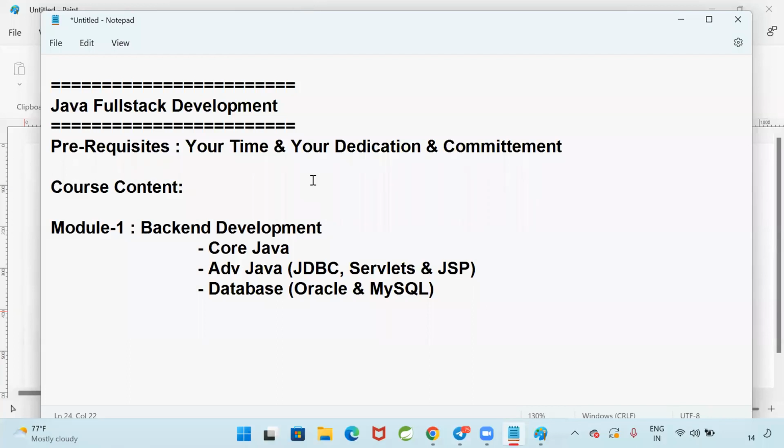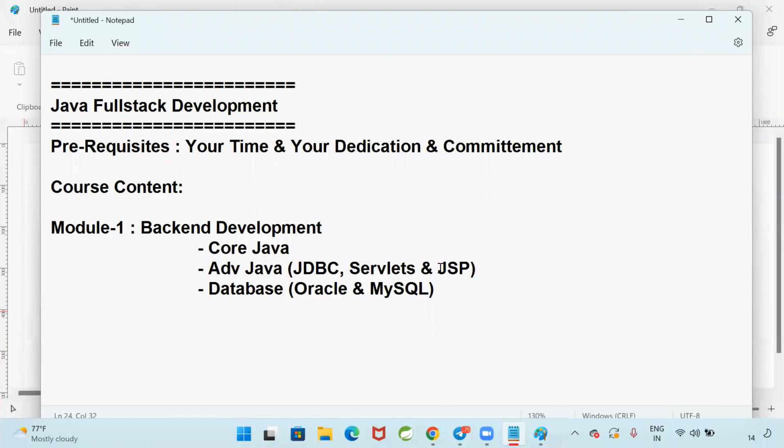Similarly, whatever Java programs we are developing by using core Java, if we want to keep our application on the internet, then we need servlets. What is the purpose of servlets? To make our application accessible through the internet. Whatever project I am developing on my computer, I should be able to access it on my computer, and you should also be able to access my application. For that we are going to use servlets, right?